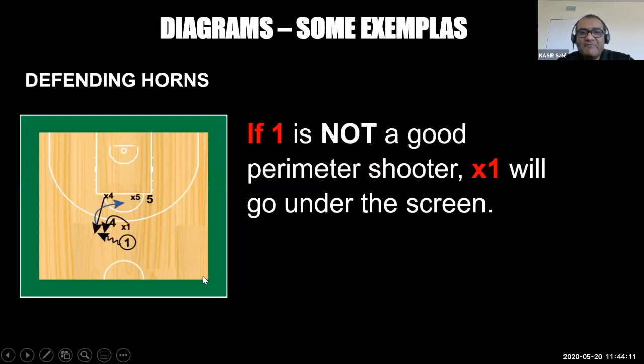Now it's the same situation, but if the one is not a good perimeter shooter, we use the under. This is a strategy. These are some examples, because we have too many situations on defense. Many coaches prefer different situations, but today we use the example that if the one is not a good perimeter shooter, the X1 will go under the screen, because it doesn't give danger in the offense. We must control, and we